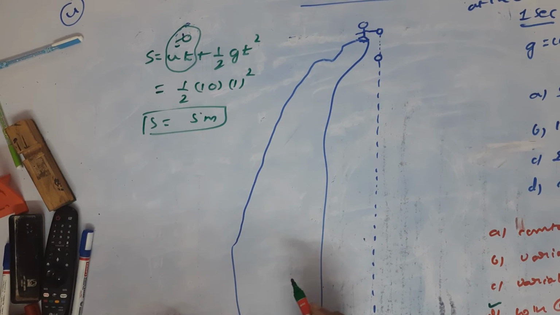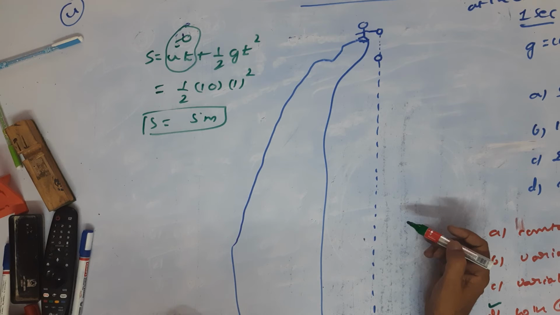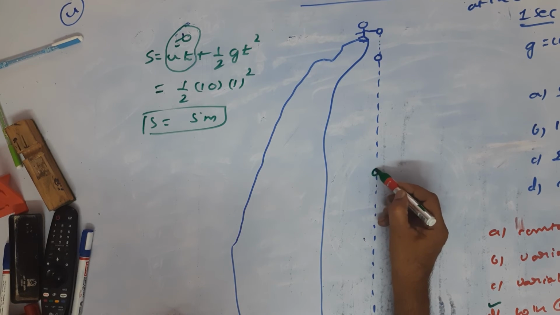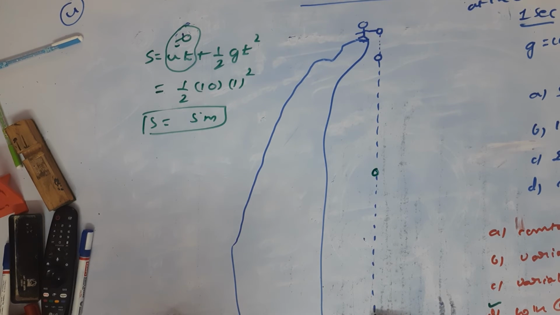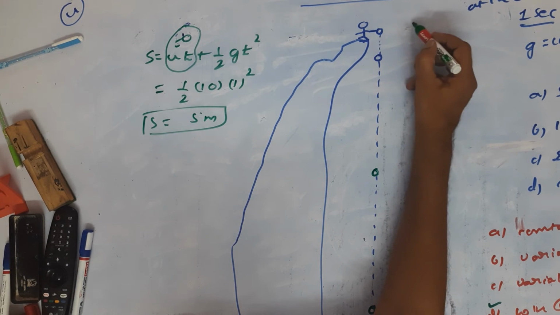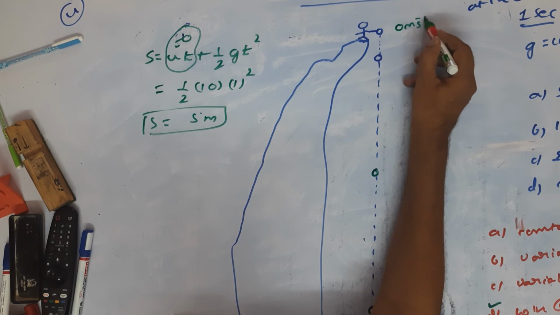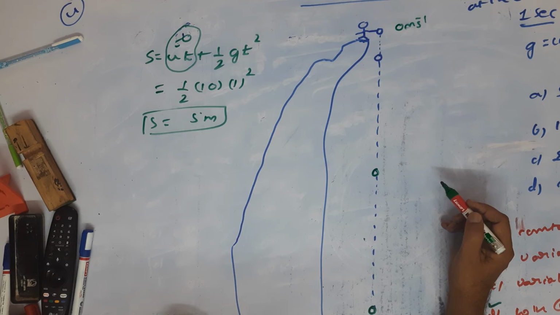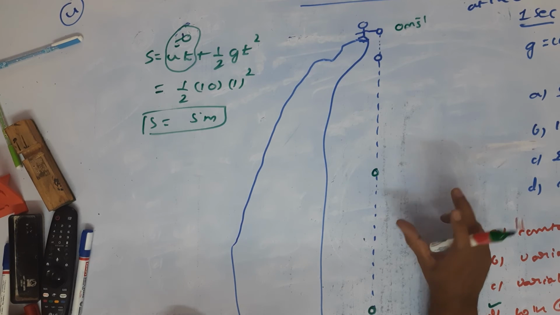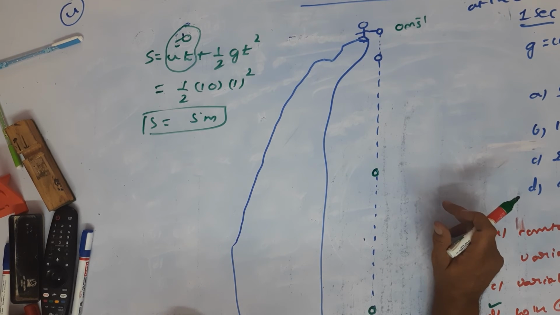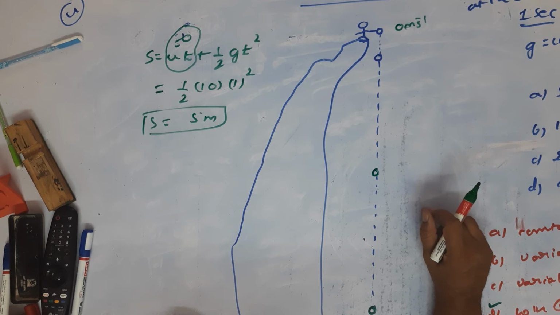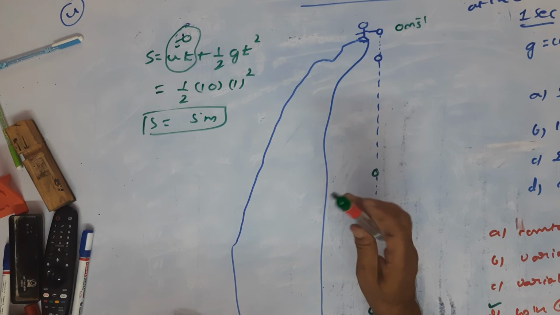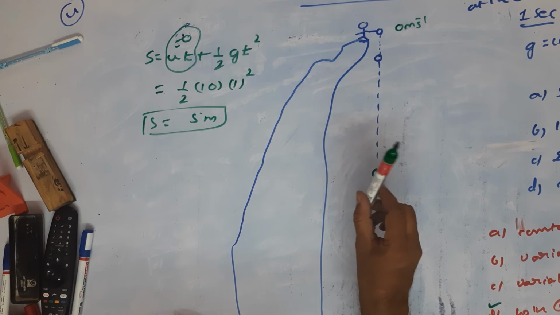But please remember, every time the velocity is changing. Imagine that this is the third second. The velocity at the first time is 0 meter per second. Can you name the device which is used to measure speed? In our vehicles there is a speedometer. I think you have seen the speedometer.